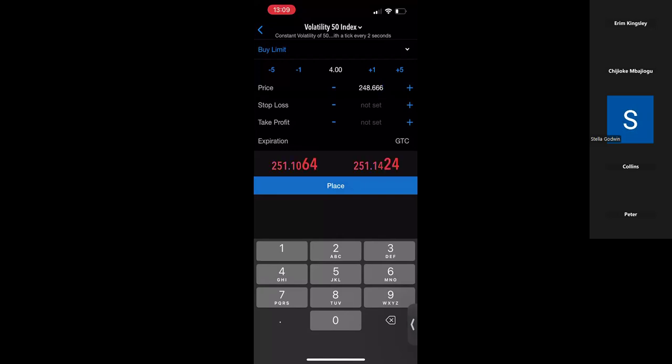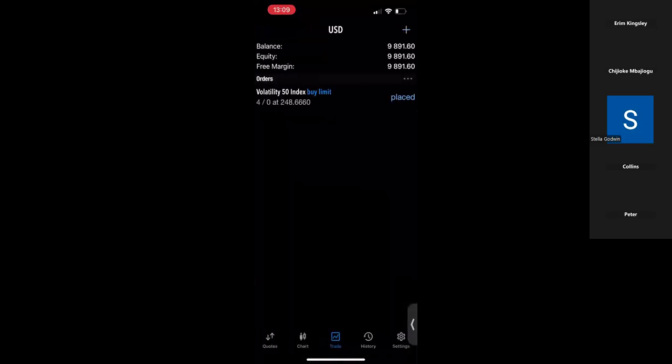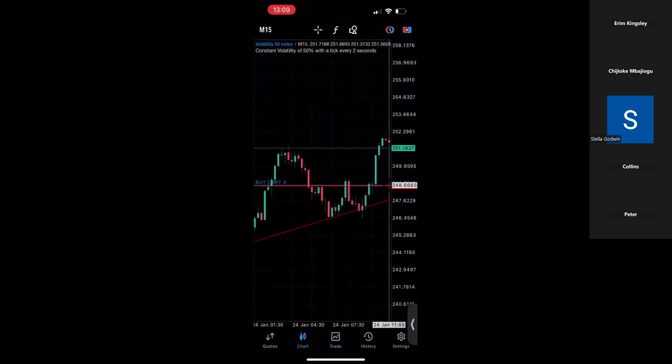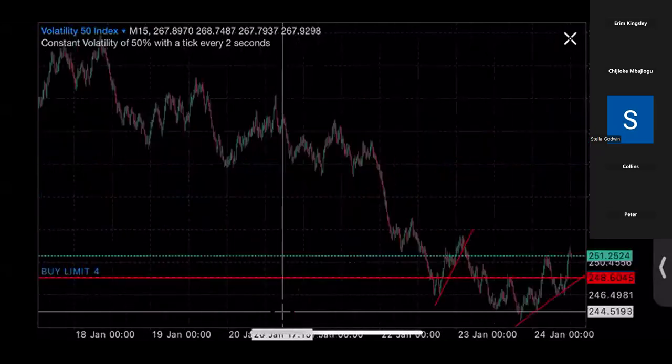So let's place the trade first. Can I place the trade? Boom. Now you can see that the trade is not blinking because it is a pending order. All right, the order is there. Then your stop loss should be below. Let's say you want to put your stop loss below this place. It's very high, but let's just see if we can put our stop loss.